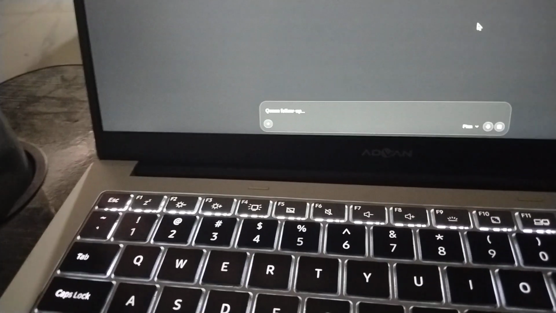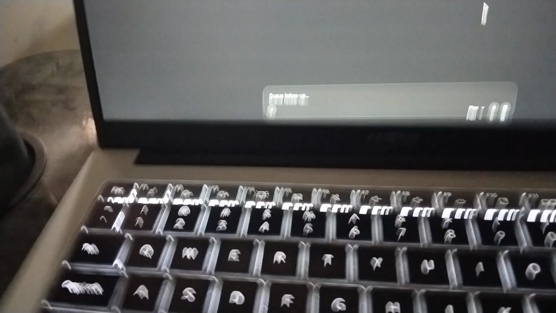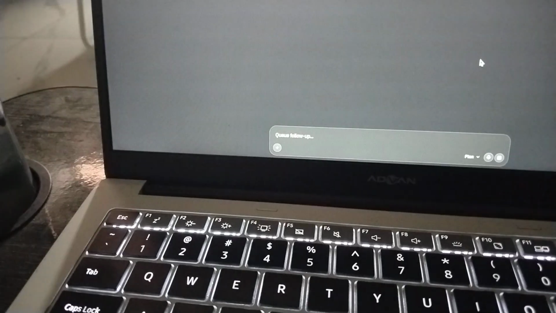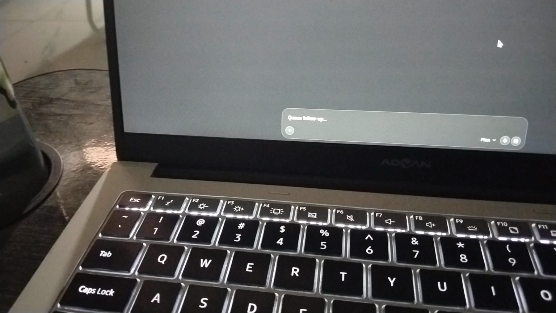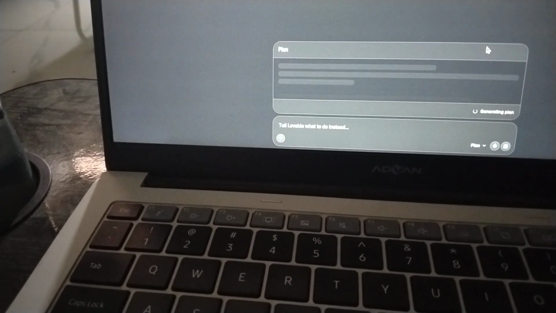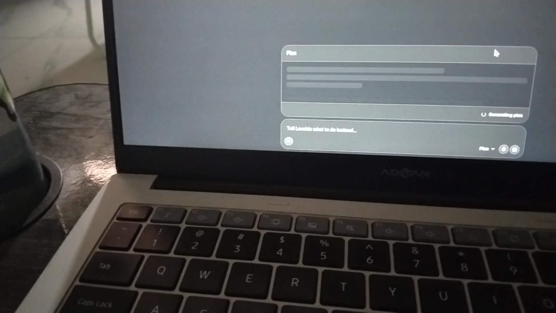So let's take a look at the vibe coding process. Here I'm using lovable.dev for this, and the secret sauce here is in the prompt engineering.